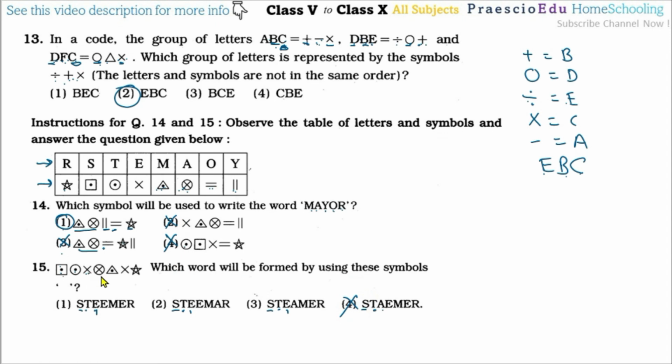After this, this symbol is for A. Here E, here also E, so options 2 and 1 are incorrect. Here A is shown in option number 3. After this, this triangle-like shape is M. Here also M is shown. Then E, yes, correct. So E is given, and after this this symbol means R, and this symbol for R means option number 3 is the correct one.